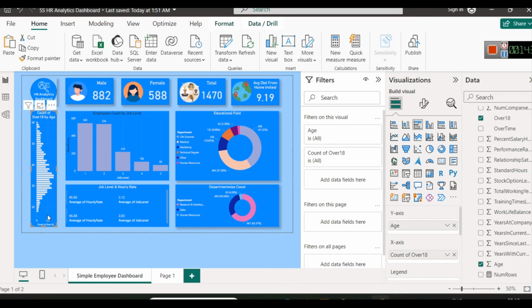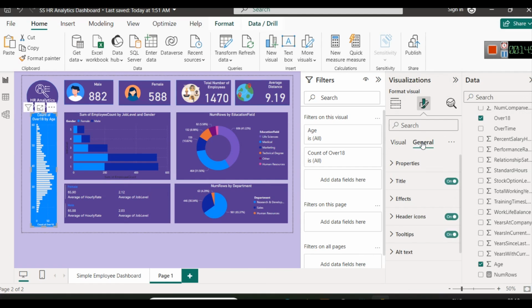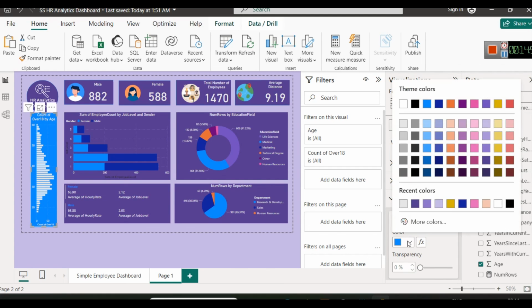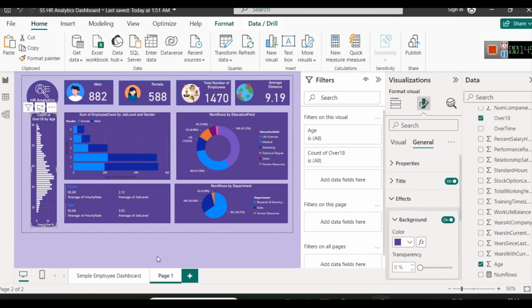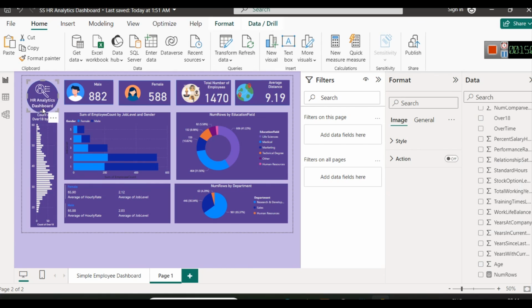So we have explained about it. I will simply copy and paste it over here and just change the background of it. So this is how we have created this simple data,